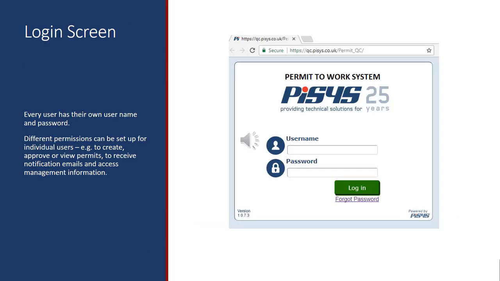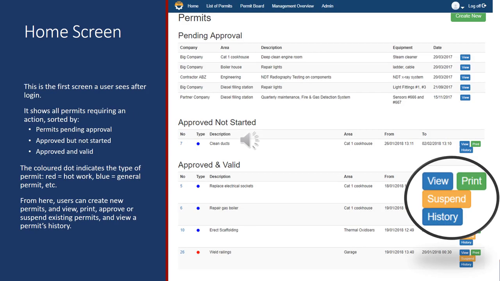This is the login screen. Every user has their own username and password. Different permissions can be set up for individual users, for example, to create, approve, or view permits, to receive notification emails, and access management information. The home screen is the first screen a user sees after login. It shows all the permits requiring an action,